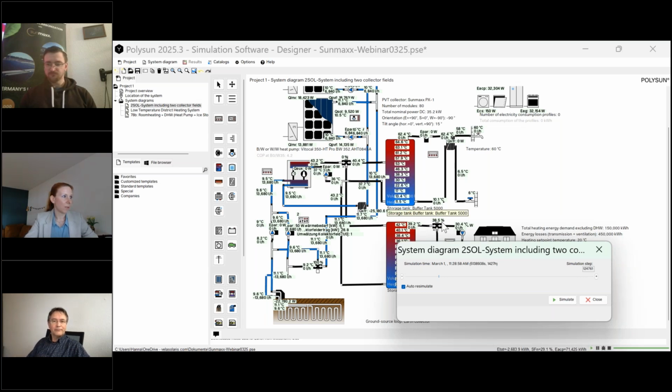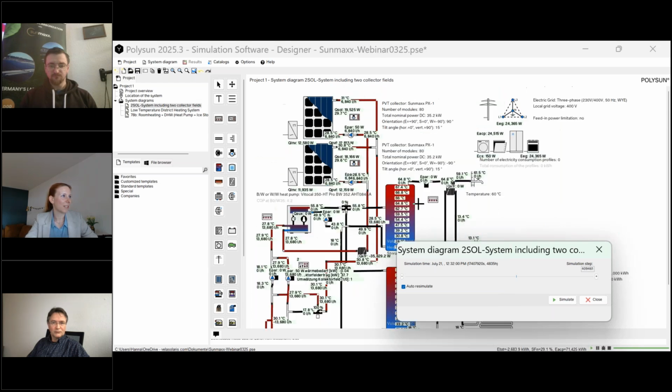And this is one of the cooperation modes. But if we go into summer, which is also very interesting, earlier I saw a question about how high the temperatures of a PVT could be in summer. And we will see it here based on the location that we chose in the beginning. So let me find the 18th of July. Somewhere around here, doesn't matter the exact date, but you can see here July 21st. Now it's already evening, but still we have some high temperatures.